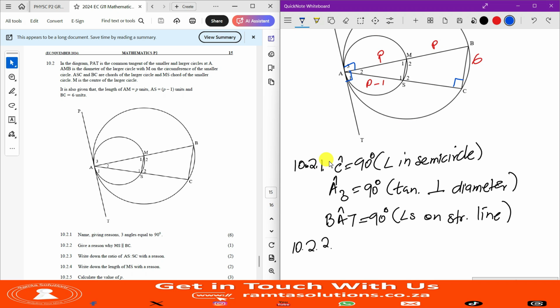10.2.2. Explain why MS is parallel to BC. Why is MS parallel to BC, guys? I want you guys to see something. Is there any information given to us? There isn't really any information given to us, but I can say to you,